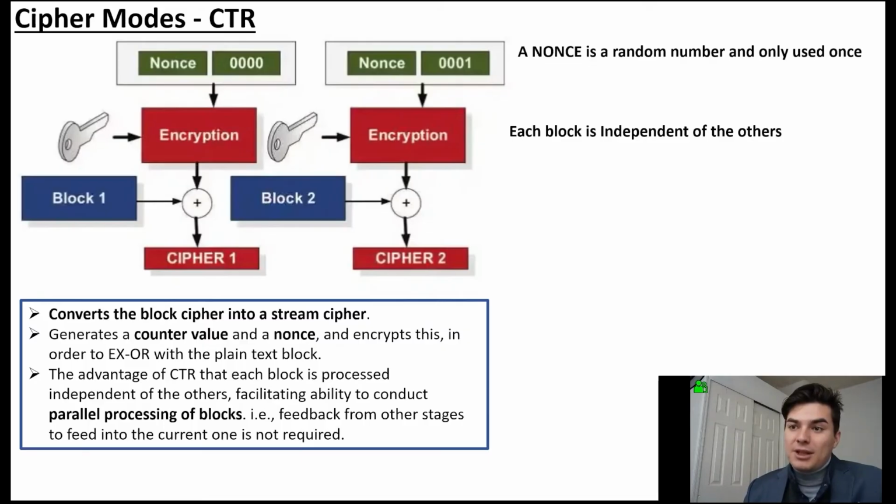Now the cipher mode, the counter, that is when it's converting a block into a stream cipher, but it's using a counter value and a nonce. A nonce is a random number that's generated once. So with block 1, the counter starts at 0, and then for each additional block, the counter just keeps raising by 1, and each block is going to be completely independent of each other, allowing for parallel processing. So when the hardware is receiving all of this data, if you have multiple processors, it's able to decrypt that